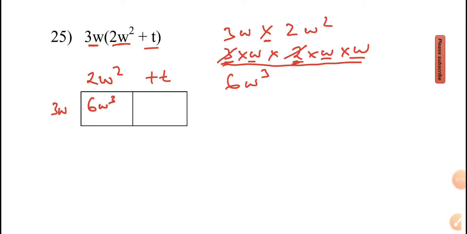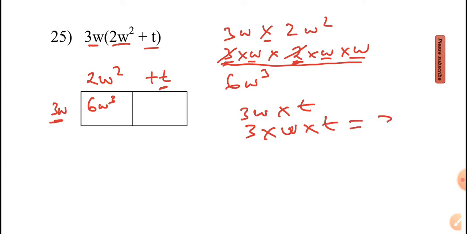6w cubed, and then we have to do 3w times t. So 3w times t is the same as saying 3 times w times t, which we can just write as 3wt, and it's positive, so plus 3wt. So the final answer is 6w cubed plus,